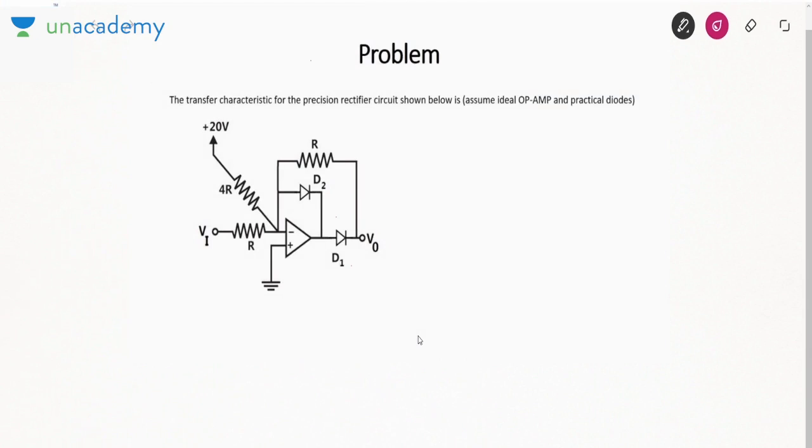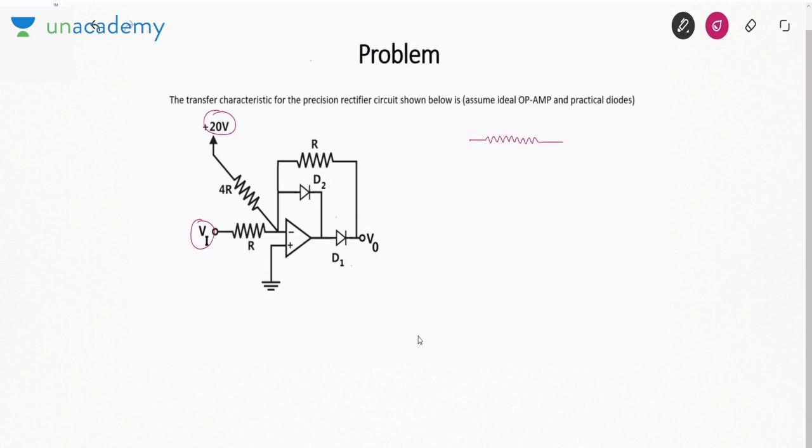Next problem. We need to find the transfer characteristic for the precision rectifier circuit. Precision rectifier, because when we use a diode alongside an op-amp, their cut-in voltage is almost zero. If their cut-in voltage is zero, then they behave as an ideal diode, and that is called a precision diode. So the rectifier implemented using a precision diode will work as a precision rectifier. Now, there are two inputs, Vi and 20 volt, so it is difficult to deal with two inputs. What I'll do,